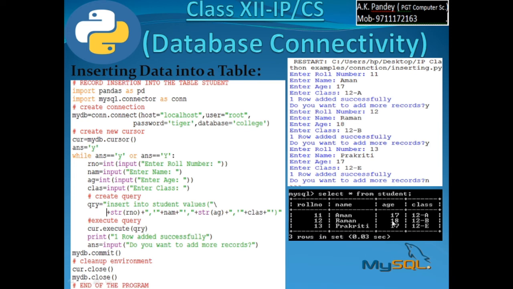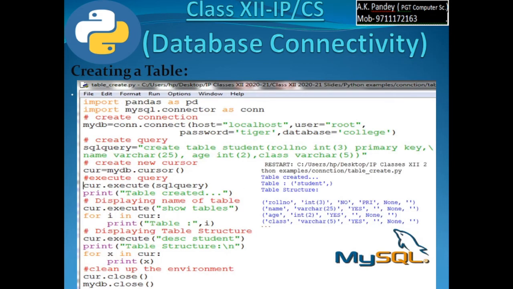So you will find those records which you have inserted here from within Python can be seen in MySQL also. So this is very simple to insert one record or more than one record within the table using this procedure.